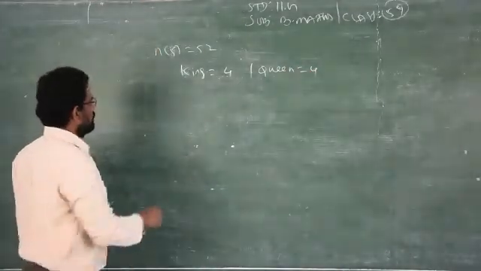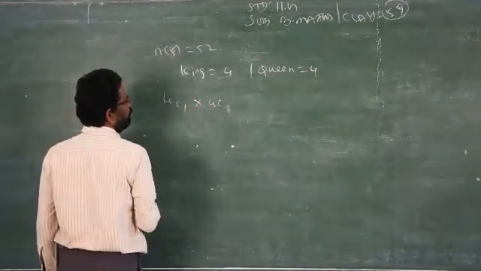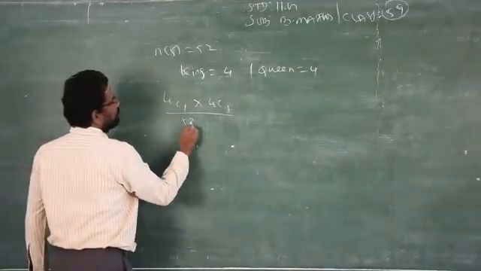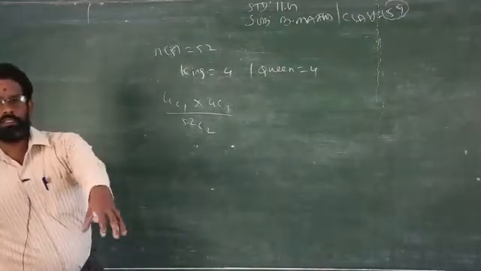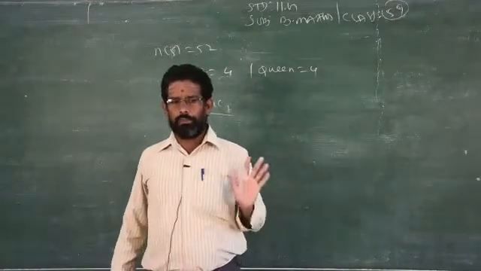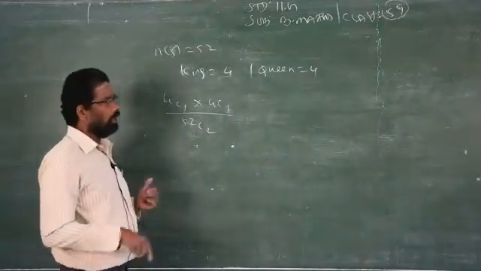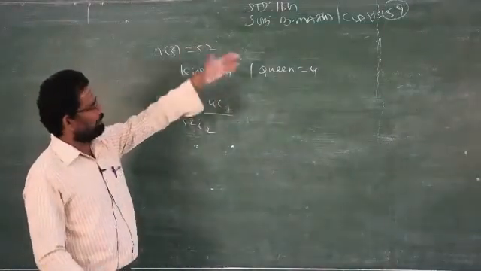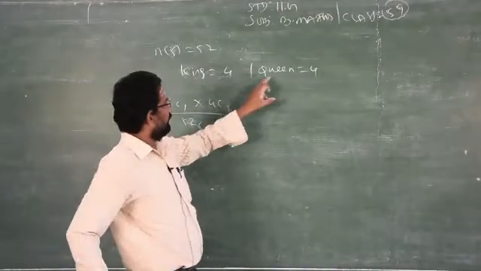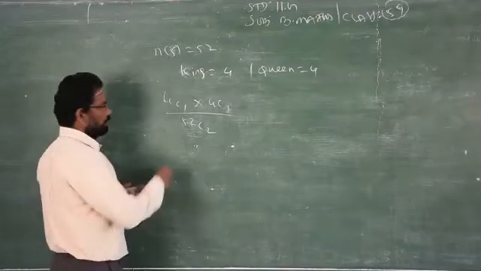Now, they are taking the cards: one card from king and one card from queen. You have to apply combinations, 52C2, because you are taking 2 cards. The combination doesn't carry any rules; you are taking 2, whether king or queen. Clear? But they mentioned that the 2 cards would be one from king and another from queen. Therefore, out of 4 kings you take only 1, out of 4 queens you take only 1, but totally you take 2 cards out of 52. That's why I am using combinations.